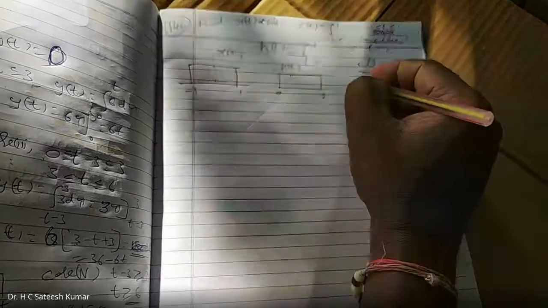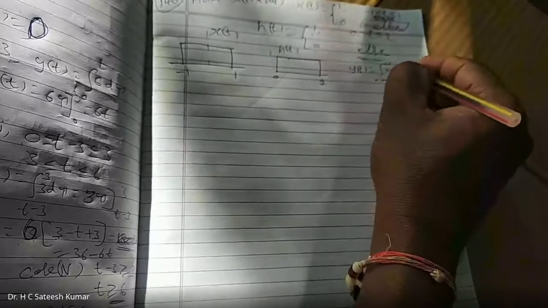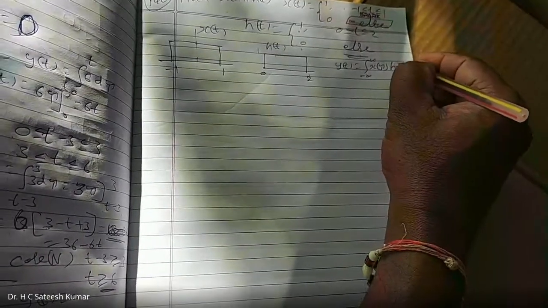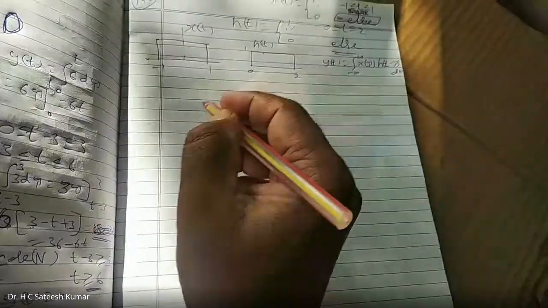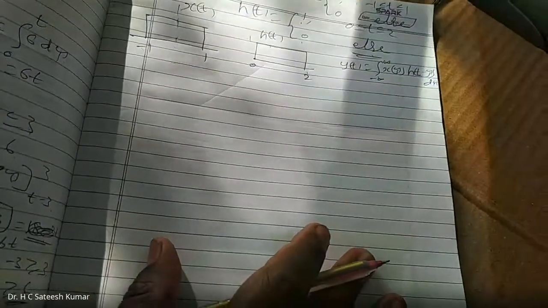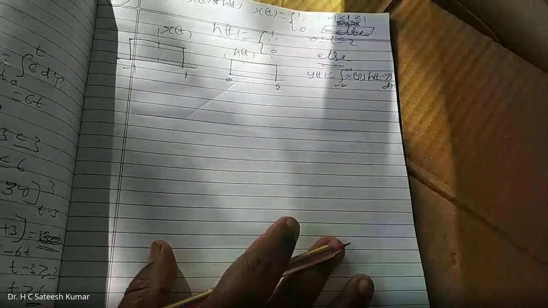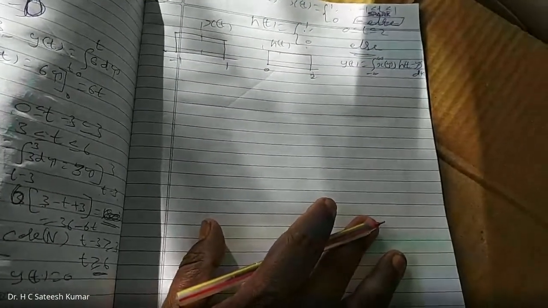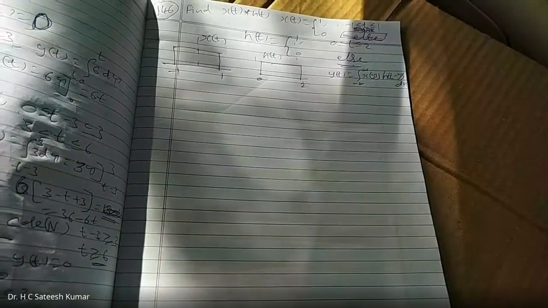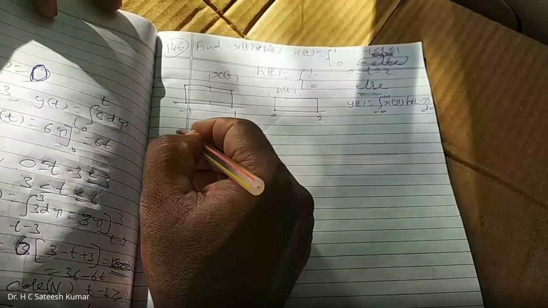Now you use the formula. Y of t is equal to the integration from minus infinity to plus infinity of x of tau into h of t minus tau d tau. Now, all the calculation, as I said in the last class, you should write on a single page. Don't try to write it on some other page, because you cannot multiply it. When you want to multiply corresponding values, they should be on the same page, and write one below the other. Zeroth value should come below zeroth value only. Now, x of tau.